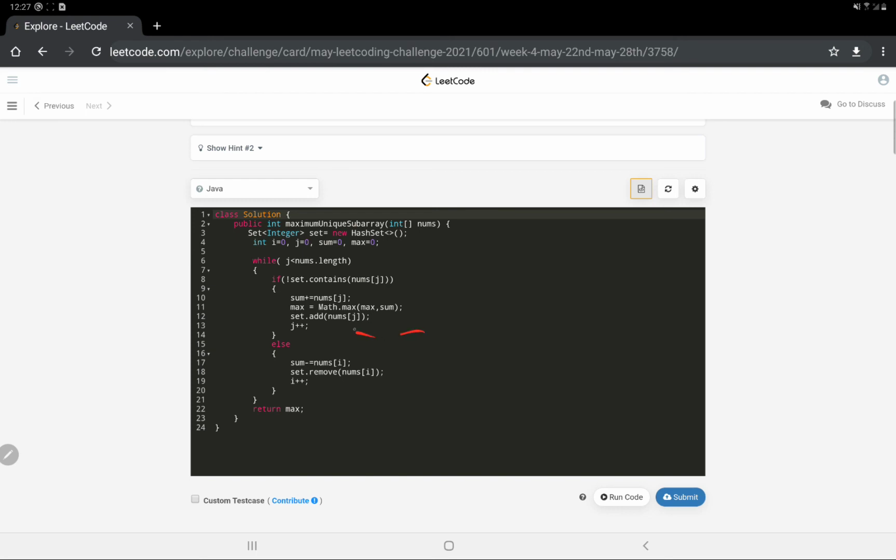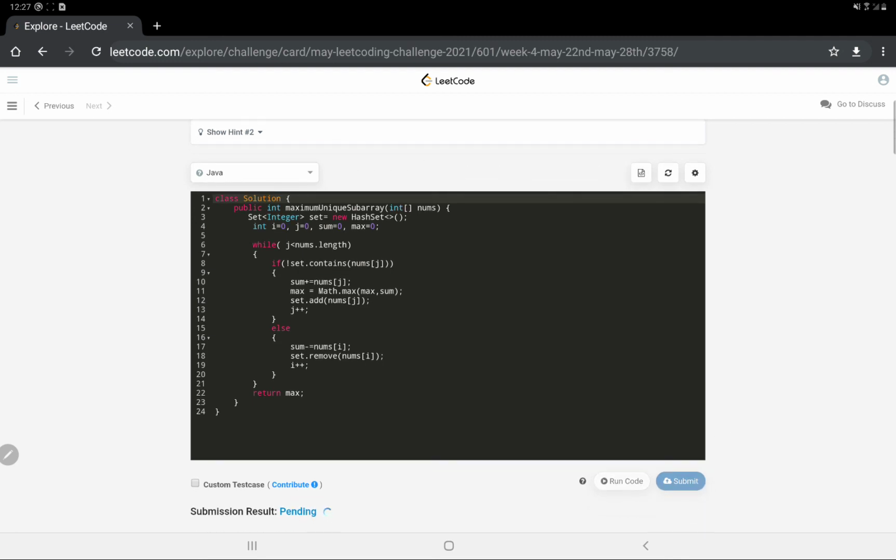So we are incrementing j by 1, I by 1. It's kind of an O of n approach, you can think of that as well. And I hope the code is clear to everyone, and the approach as well. So if you are facing any kind of difficulty, let's first submit it. Let's first submit it and then ask you this question. So as you can see, it's accepted.